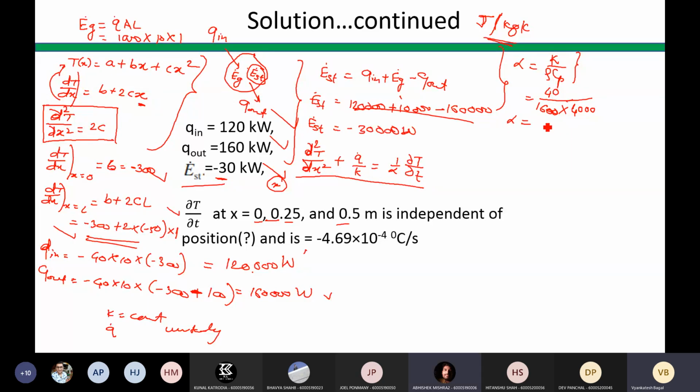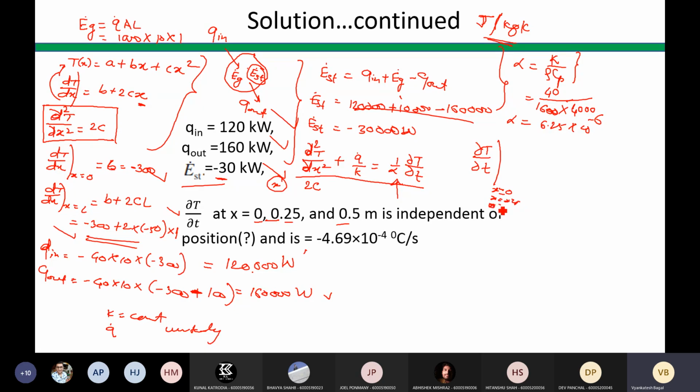Yes, sir. Even alpha got the answer, 6.2 into 10 raised to power minus 6, right? Correct? So you can put it here, then Q dot is known, K is already known, and this we already calculated, which is 2C, right? So from that you can find out this dou T by dou t at